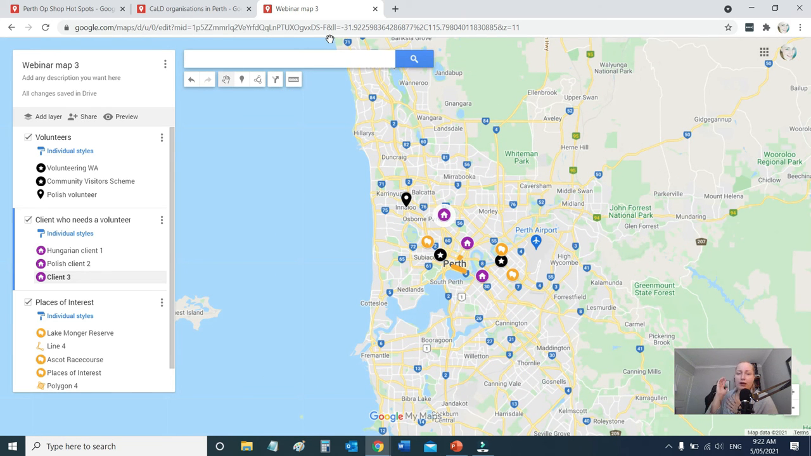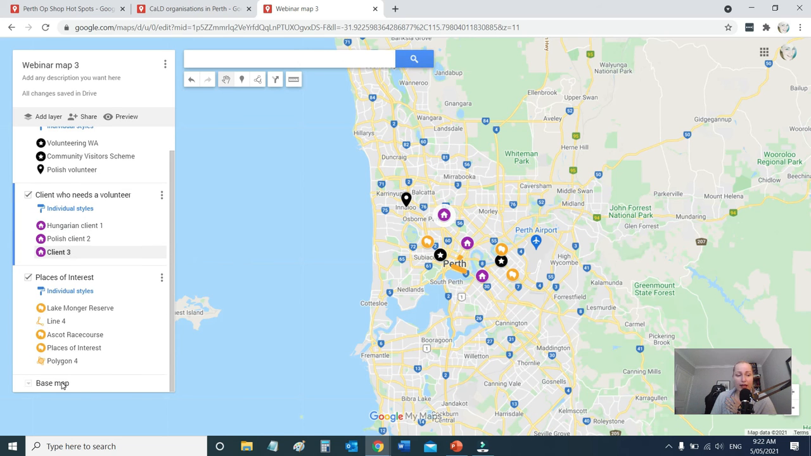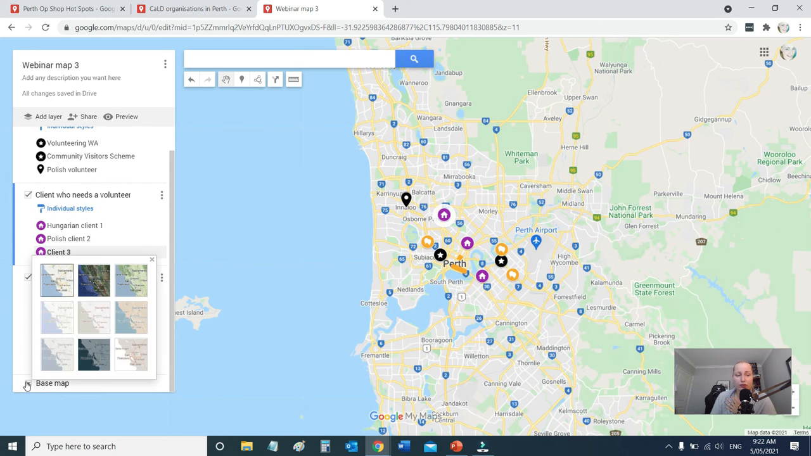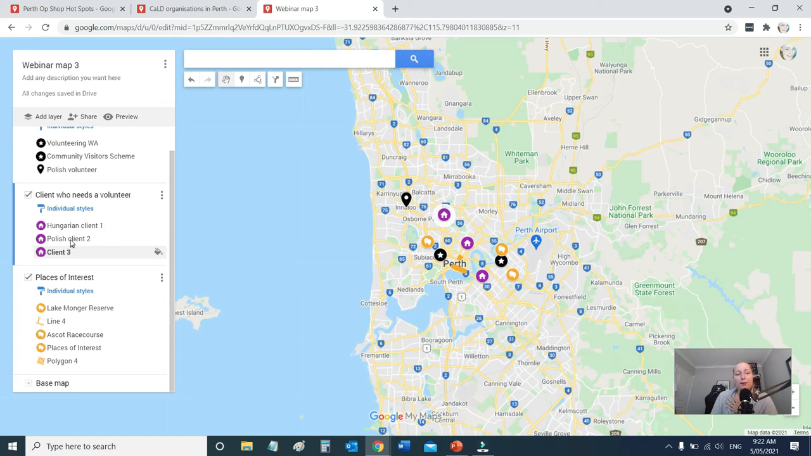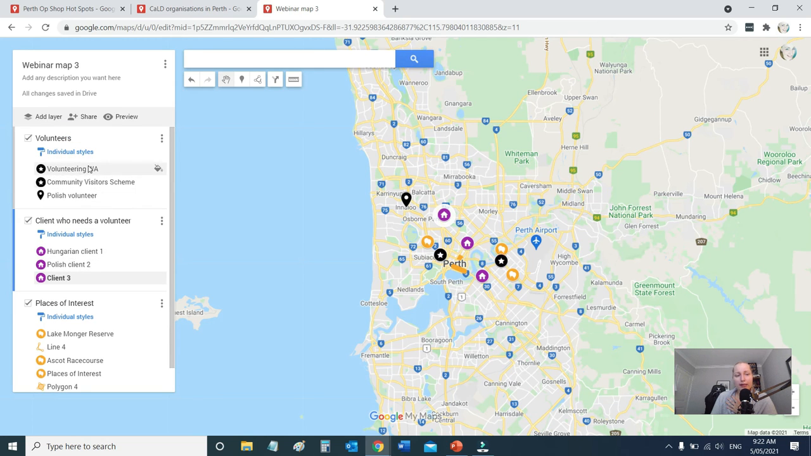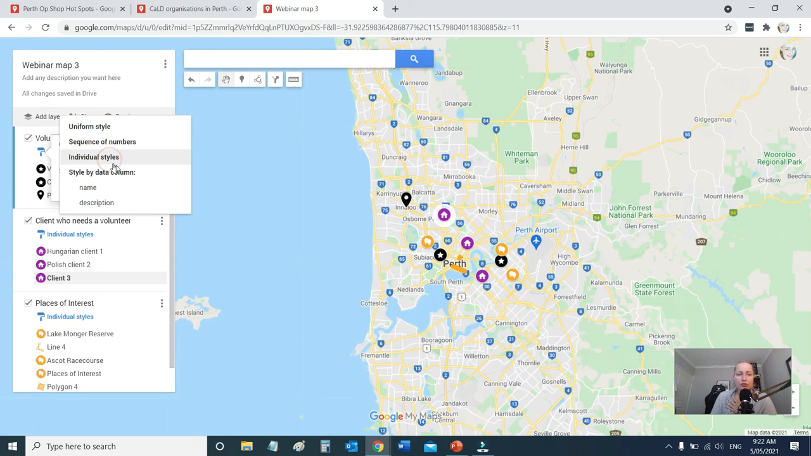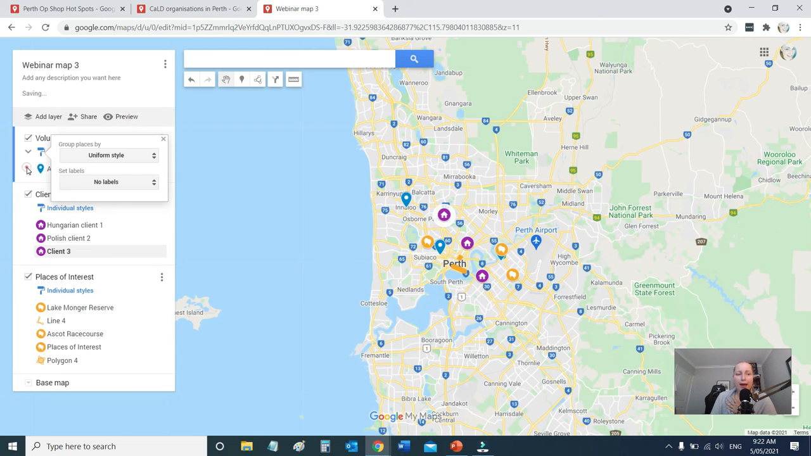So again, you can have up to 10 layers. You can change how the map actually looks like. So if you like a little bit more of those darker colors, you can change the base map. And I highly recommend when you're adding the data points to your layers to change them with the little bucket as you're adding them. So as I said, you can do individual or uniform style, but what happens with that one,